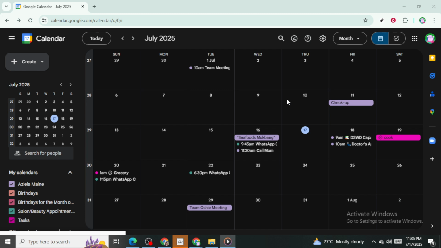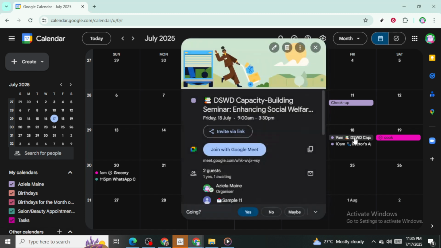ease and precision. To start, open your browser and navigate to your Google Calendar. It's essential that you're logged into the correct Google account, ensuring full access to the events you're managing. Once your calendar is open, scan through your events to find the specific one you'd like to edit. Click to open this event. This action will display all the minute details of your meeting, giving you complete control over the participants, timing, and